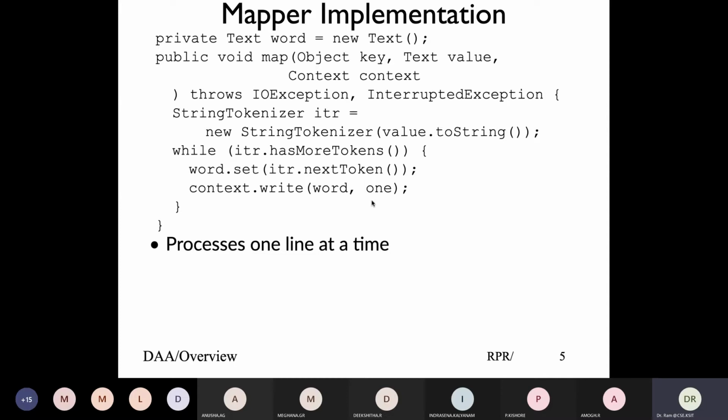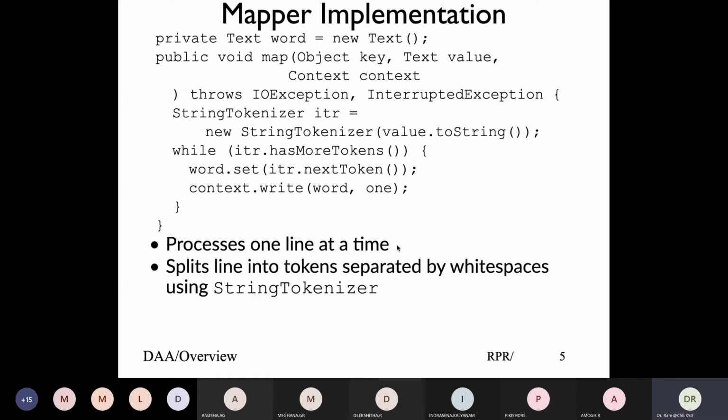So even though each stage, each component, requires a key-value pair, in this particular case of the mapper we are not really using any key at all because it's not relevant. But in other stages, you will see the key does become important to work on and deal with. So what the mapper does is take one line at a time. Using the tokenizer, it generates words, and for each word it outputs the word value, comma, one. And this basically goes to what is called a combiner.